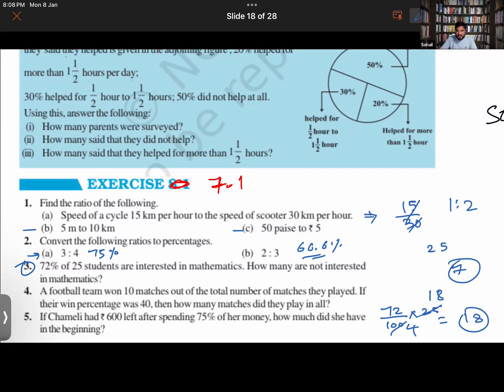Sir, I by mistake only solved question number 4. No, you are required to solve question number 3. Okay. If you have solved question number 4, now then you attempt question number 5, while Arham, you attempt question number 4. Okay, sir.